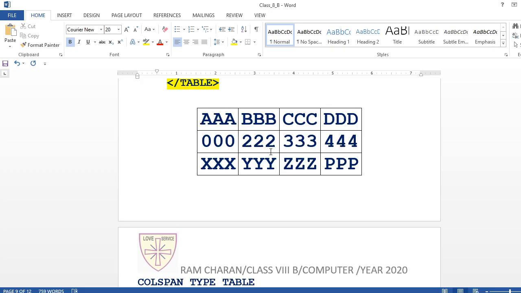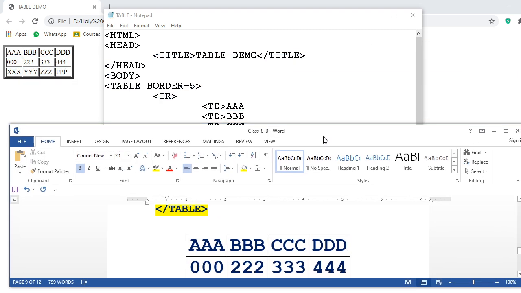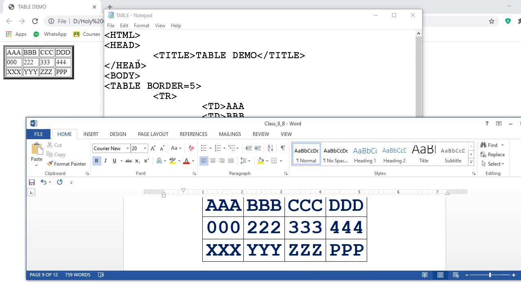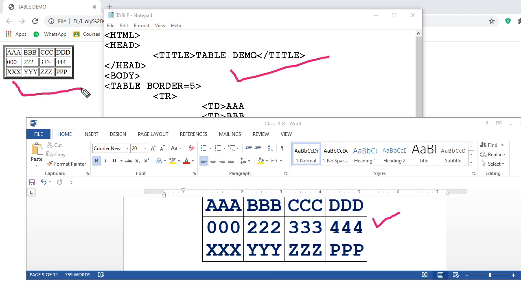And what table are you seeing? You are seeing this table. So these all three are the same. You just check this coding, and in that coding this table, all are the same. This one I did in MS Word, this one I wrote as an HTML script, and this one is the output in the web browser, right? Okay, you understood? So we have 3 tr tags in the HTML table tag, and for each tr tag there are 4 td tags available. Understand? So you need to learn this table tag nicely.